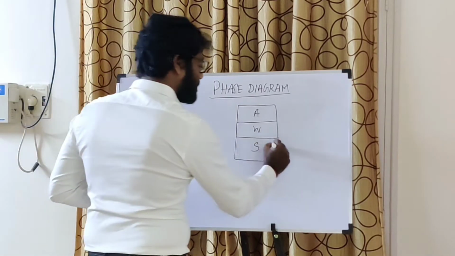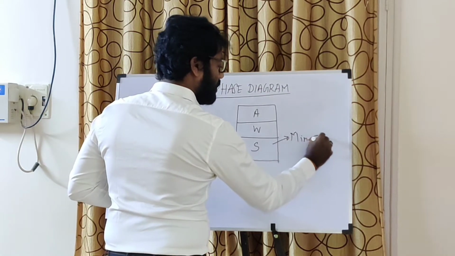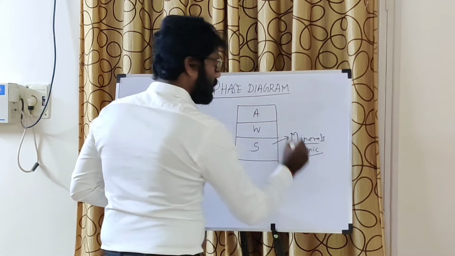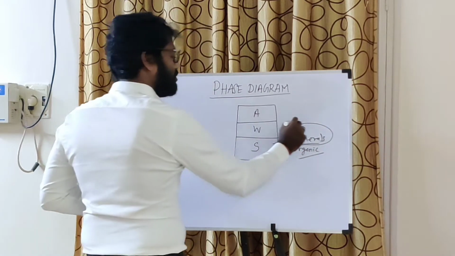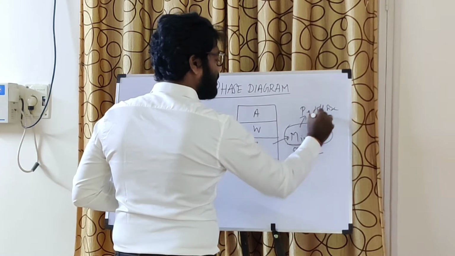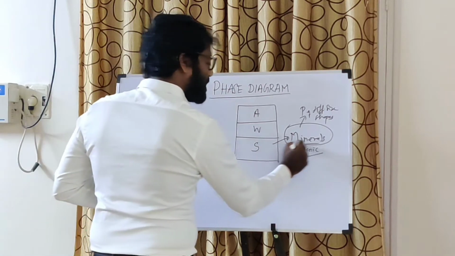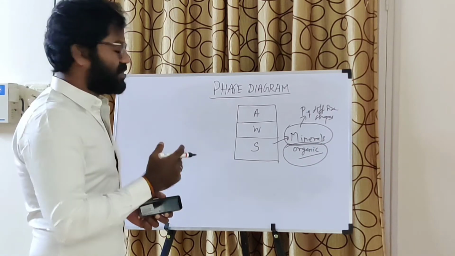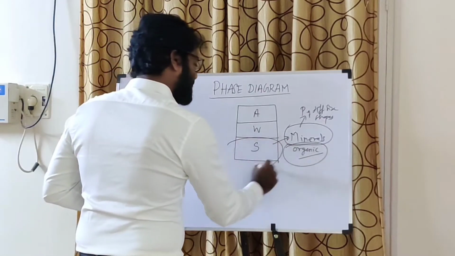And these solid particles mainly consist of minerals or organic matter. What are minerals? Minerals are nothing but solid particles of different sizes and different shapes. So that constitutes your minerals. And this organic matter is nothing but diseased or decomposed animal residue or plant residue, which may be present in the solid particles in different stages of decomposition. So that's all to do with your solid particles.